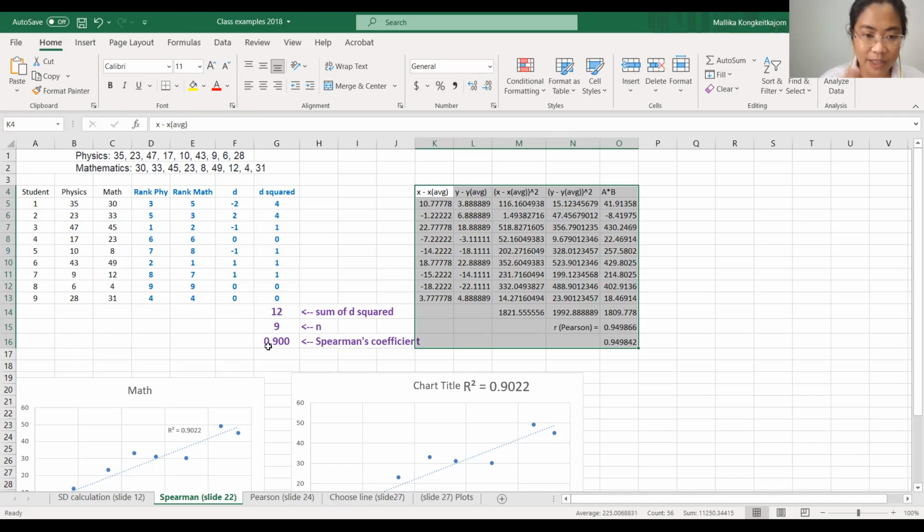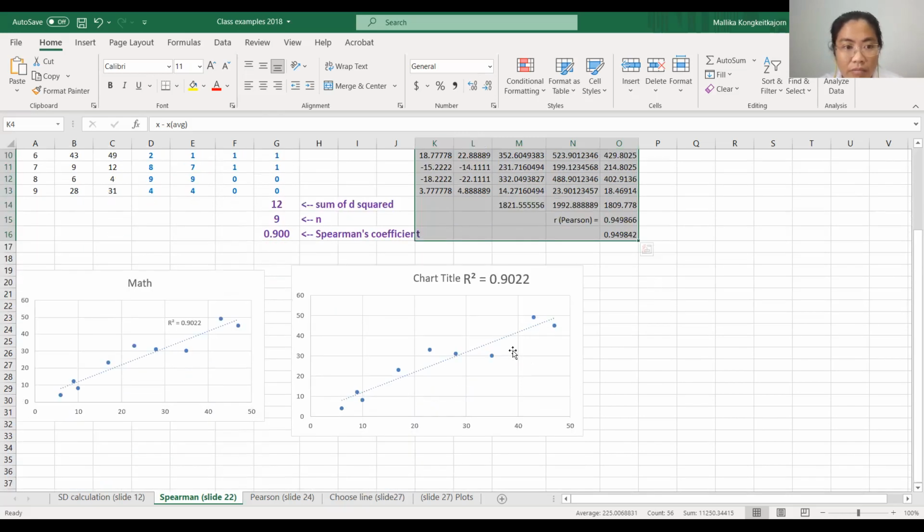So basically, with the Spearman coefficient, you say that if you are doing well in physics, you are likely to do well in math. But with Pearson, it means that there is a strong relationship between the marks you get in physics and math. So it's just two different ways to interpret the data. Which one is okay? It depends on how you want to express your data. The point is that the Pearson relationship